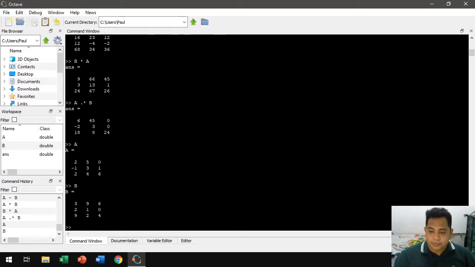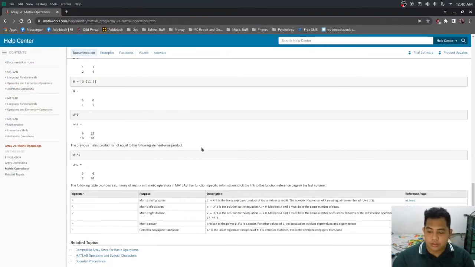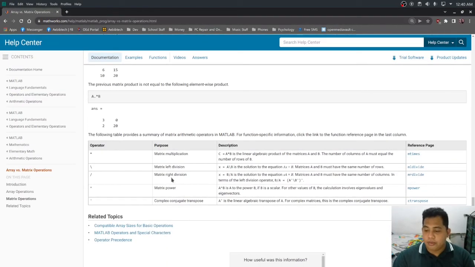Division. So we have two kinds of division here. We have matrix left and matrix right division. For the first one, matrices A and B must have the same number of rows.